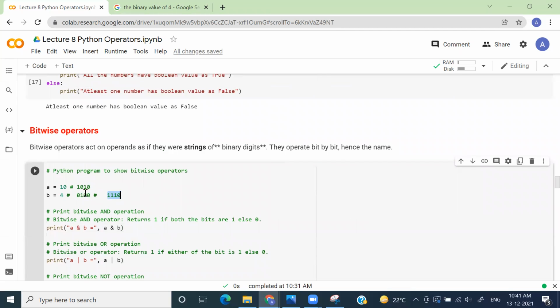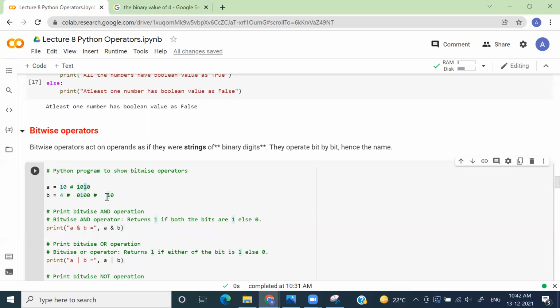So let's do an XOR operation here. 0 XOR 0 is what? 0. 1 XOR 0 is what? 1. Because the rule says that if exactly one of my inputs is 1, then my output will be 1.